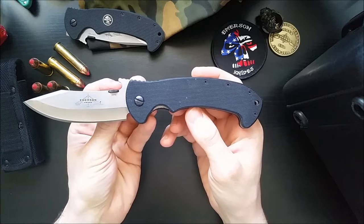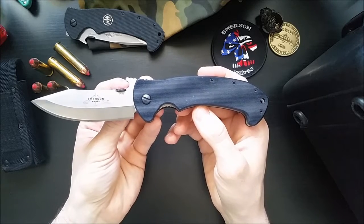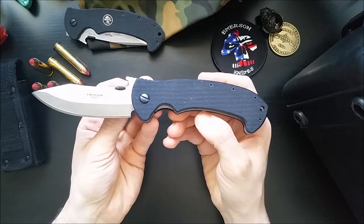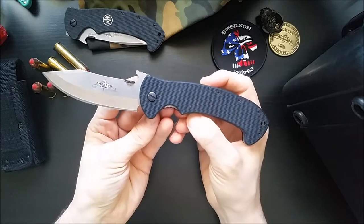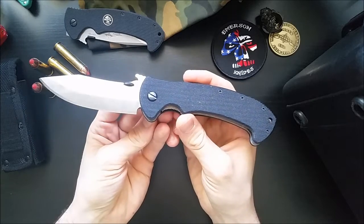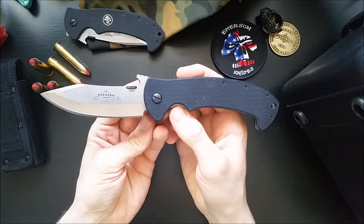Local knife store, Recon One, out here in Southern California, was having a grand opening. They moved their locations, and they were doing raffle tickets for every $10 spent. So I had to take the opportunity to pick up a new knife, and so I decided on this Emerson